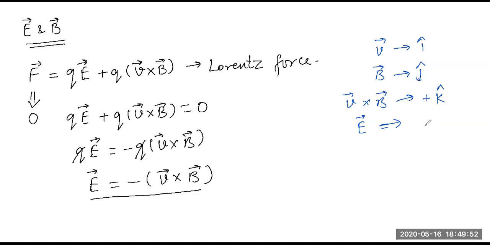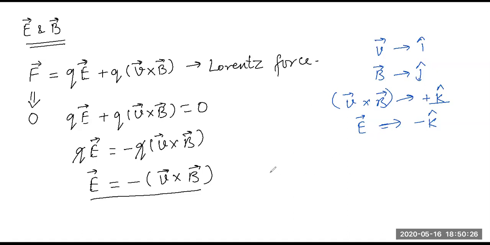What should be the direction of E then if I want this condition? Minus k cap. Yes or no? Yes, sir. Right? So if I want the force on the particle to be zero in a system where electric and magnetic fields are both present, then you'll first find the direction of the cross product, and opposite to that direction should be your electric field. Got it or not? Or you can say opposite to the direction of force. And this is one way of understanding it. So this is about direction.